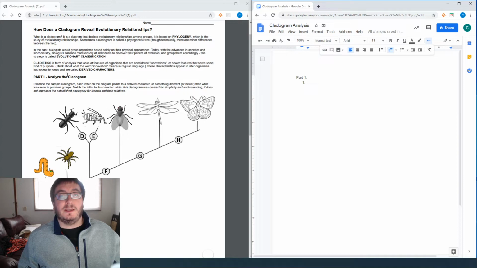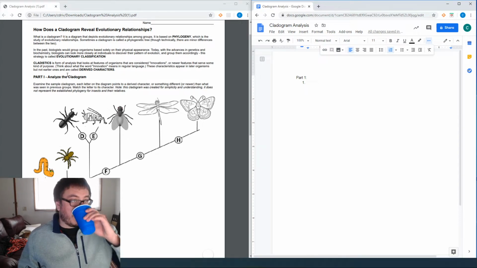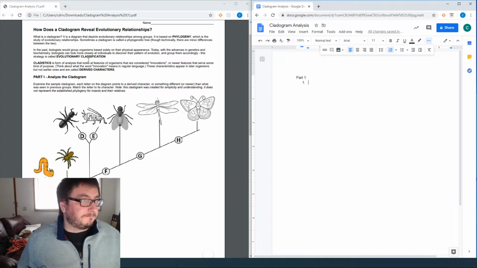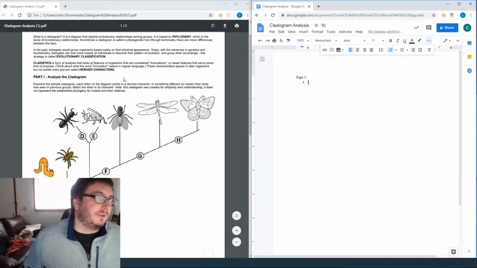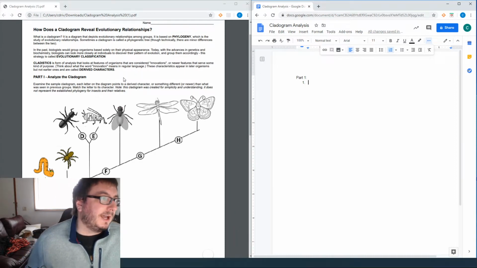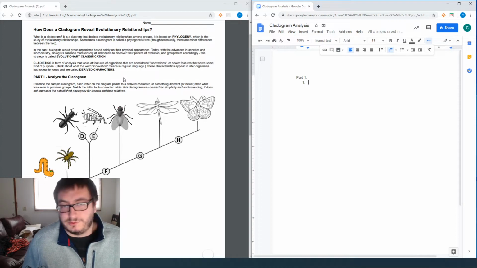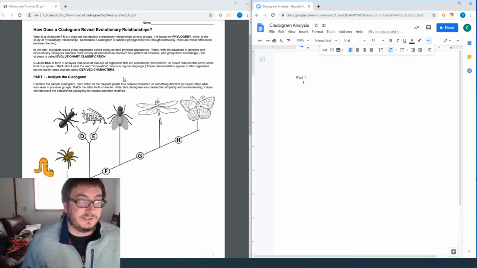So let's go ahead and read it, and I'm just going to explain to you how I want you to turn it in and how I want you to complete it. So let's start by reading our little introduction here. It says, how does a cladogram reveal evolutionary relationships? Well, what is a cladogram? It's a diagram that depicts evolutionary relationships among groups, and it is based on phylogeny, which is the study of